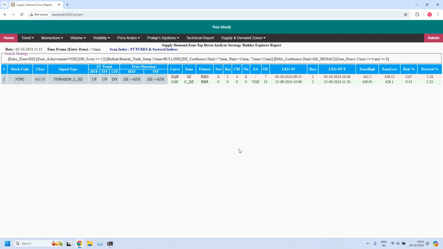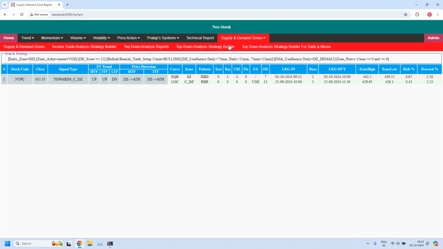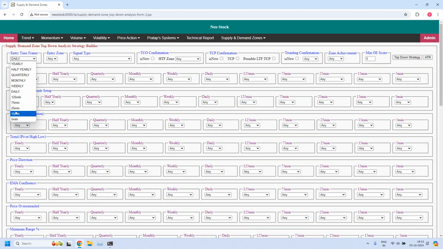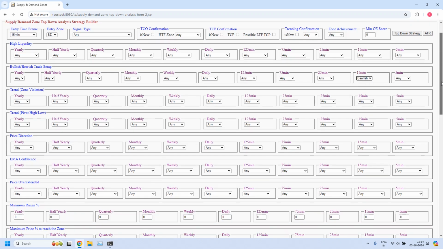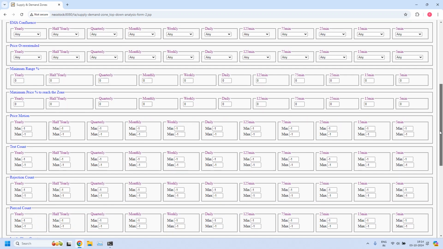Okay, next let us look for a bearish trade setup for daily income trade. Entry time frame is 15 minutes. Entry zone is supply zone. In bullish or bearish trade setup at 15 minutes, I am selecting bearish. The 15 minute supply zone should not be pierced. In the pierced count at